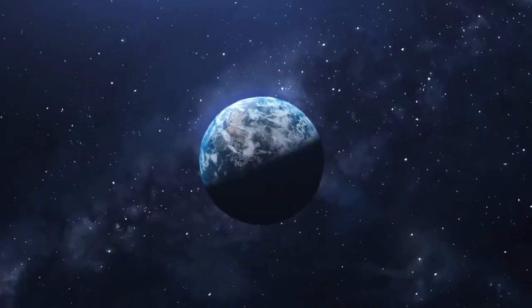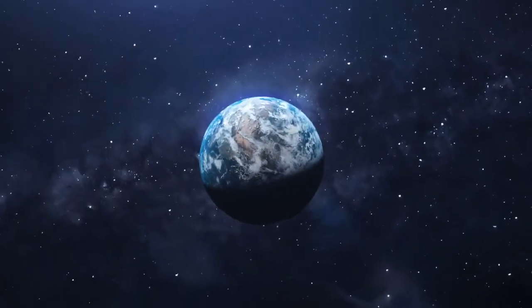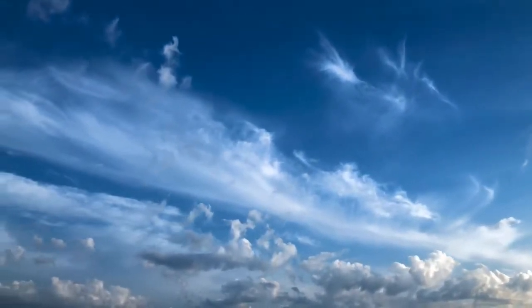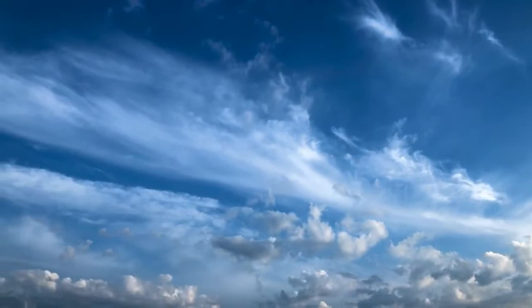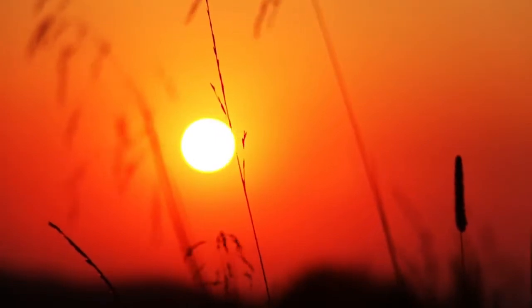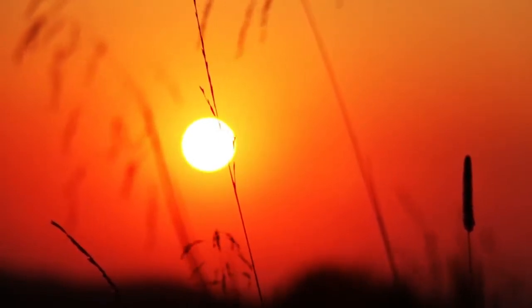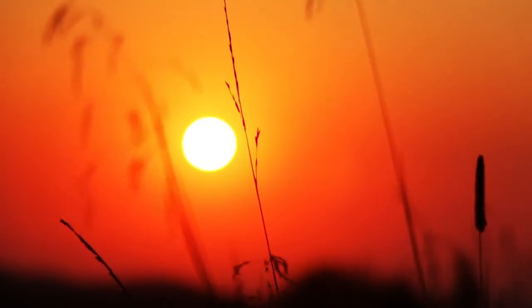Earth is a beautiful planet, that we can all agree on. When we look at Earth from space, we see a number of diverse colors. The color of our sky is blue, and this blue color is because of the atmosphere that scatters shorter wavelength blue light preferentially in all directions, giving it its distinctive color. However, during sunset, light must travel longer through the atmosphere. As the sunlight travels further, the shorter wavelength blue light is scattered further, and we perceive the longer wavelength yellow